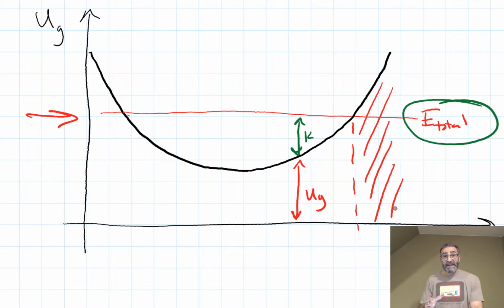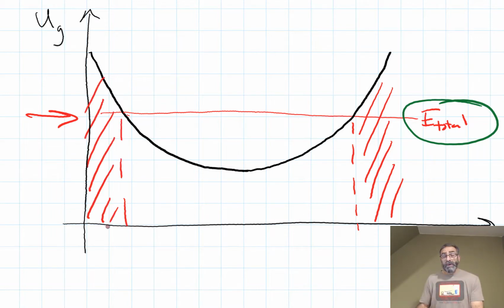So we would say the object can't go there. It's classically forbidden. It has to stay within the bounds of its allowed energy. One more thing we want to notice is that while this object is moving back and forth within the region that it's allowed to move, within its bound energy, its total energy, it's going to get pushed toward the bottom